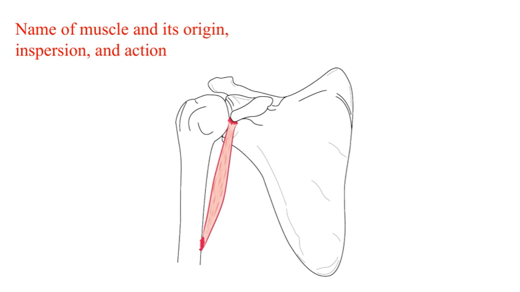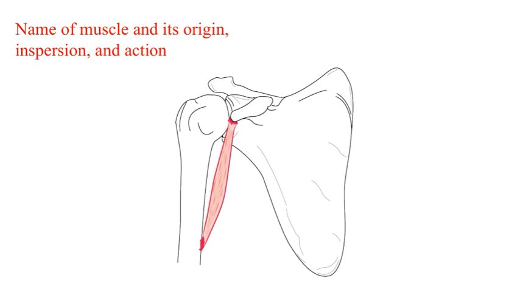For example, when we talk about a particular muscle, I'll mention where it originates, which is usually on a fixed bone or structure, and where it inserts, meaning the point of attachment that moves when the muscle contracts. The action describes what the muscle does, whether it moves a limb, stabilizes a joint, or assists in other functions. Recognizing these details is essential because it ties into the overall theme of understanding muscle function and how our body